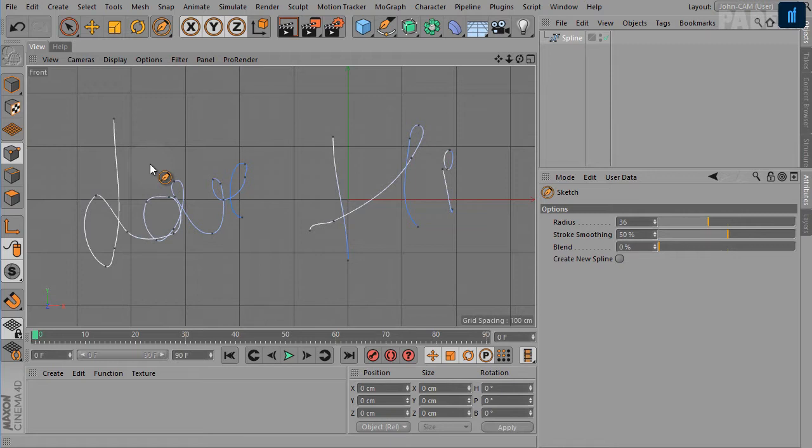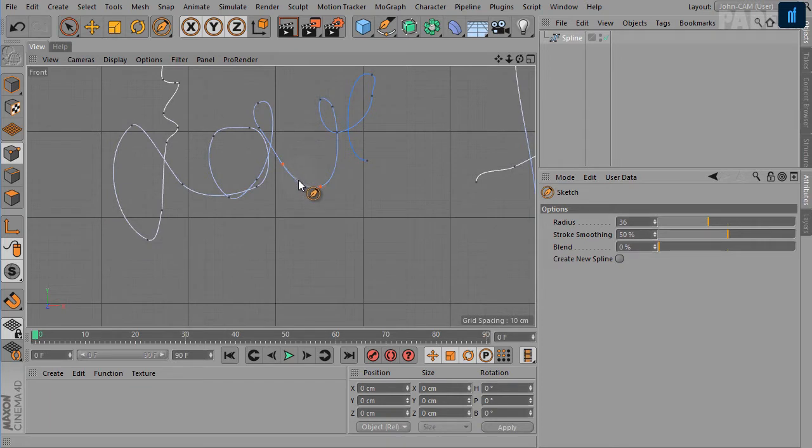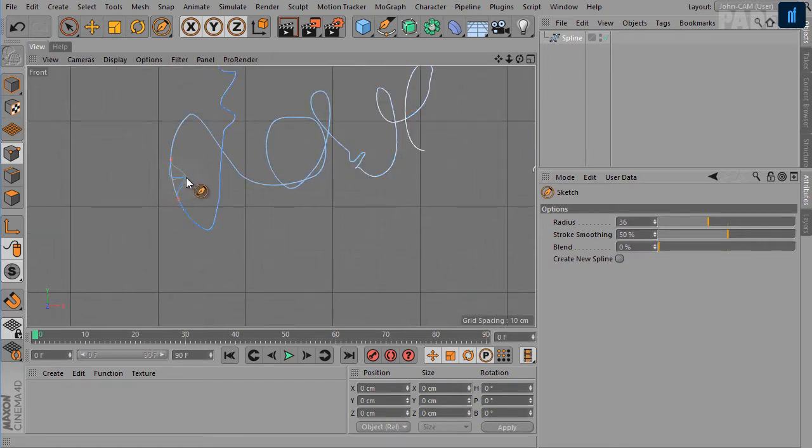Okay, so using this tool, a spline can be grabbed at any location and edited from that location. For example, when you hover your cursor over any line segments, you will see these two orange dots there, and you also have the radius helper there in the form of a circle. So just click and drag, so you can edit the line from anywhere.